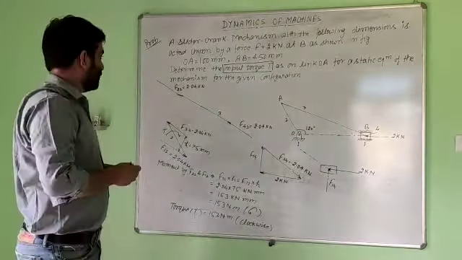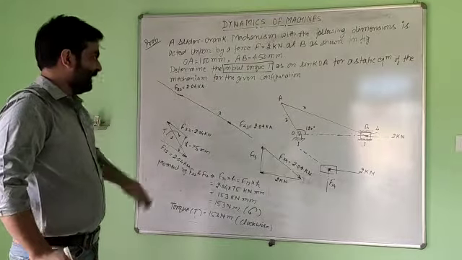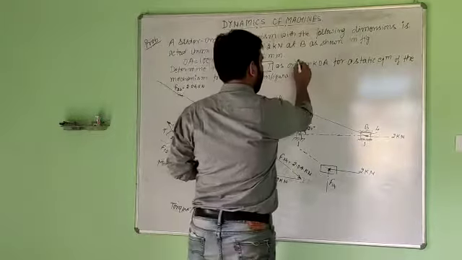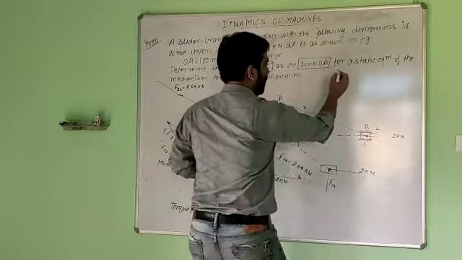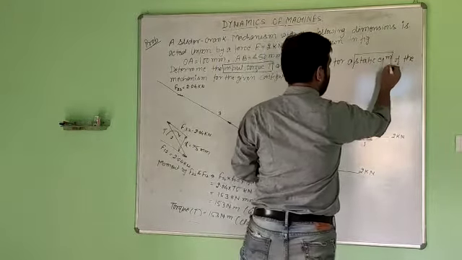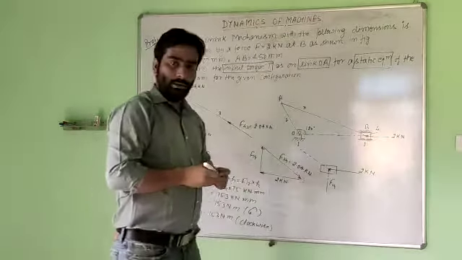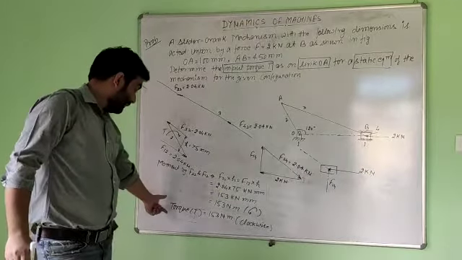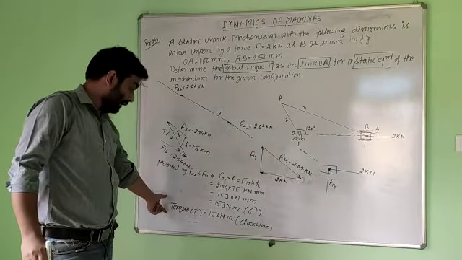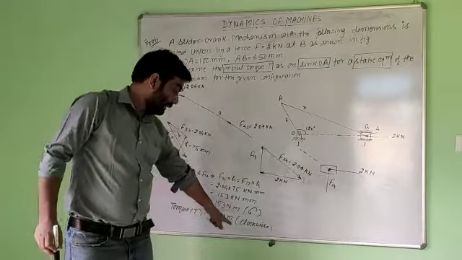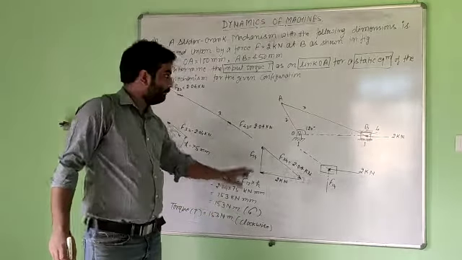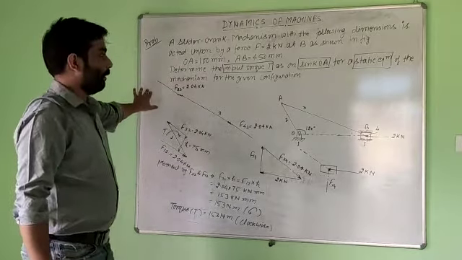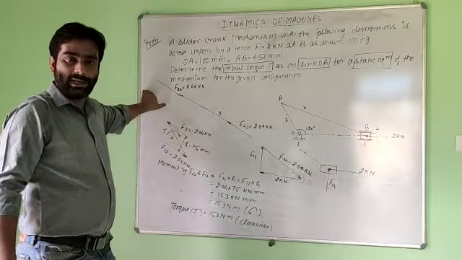So this was the question: determine the input torque T on link OA for the static equilibrium of the mechanism. So we have applied the condition of static equilibrium and we have measured the value of input torque T, 153 Newton meter acting in clockwise direction. Okay, so this is the manner how we are going to solve the problem of static equilibrium of a mechanism.